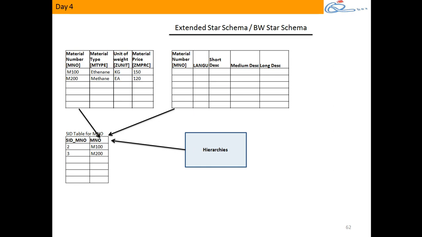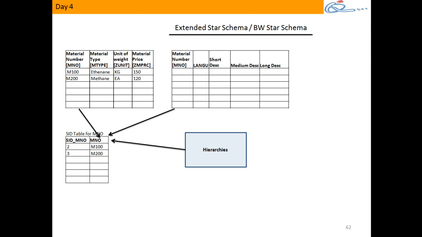The main purpose of the text table is to maintain descriptions in multiple languages. For example, I've got metals like M100, M200. Now in reporting, will the business be happy when I show them the metal numbers M100, M200, or would I say actually M100 is notebooks, M200 is laptops? So I give a report saying notebooks, laptops. Will that be meaningful, or will it be meaningful to give M100, M200 in the reports? It will be meaningful to give the naming, laptops or notebooks, which could differ from language to language.